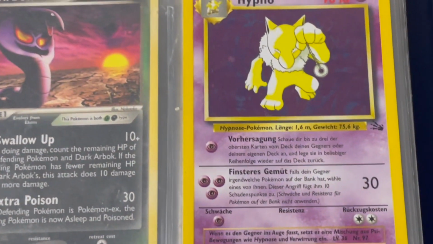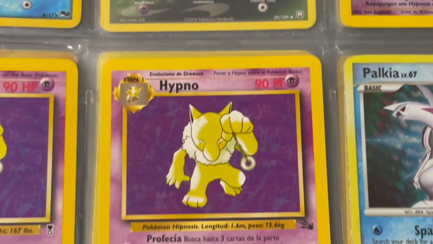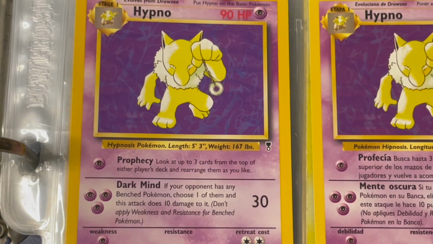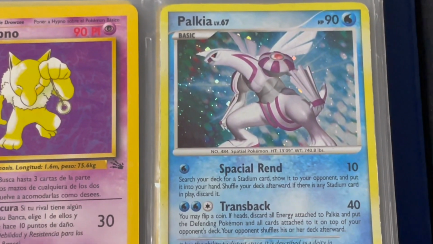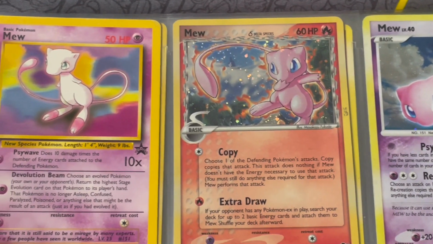We have one from Fossil, that is a language, I'm guessing German there. We have another one down here from Fossil that's in Spanish, and we have an English Hypno from Legendary Collection. This German one here is the only one that's holographic, and a Palkia on the bottom right from Diamond and Pearl base. I took some big highlights out of this page that I'll show you in a little bit here,